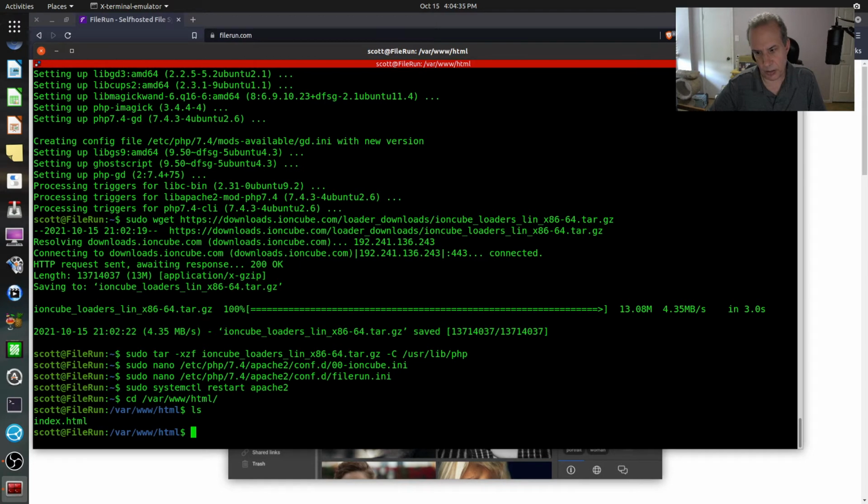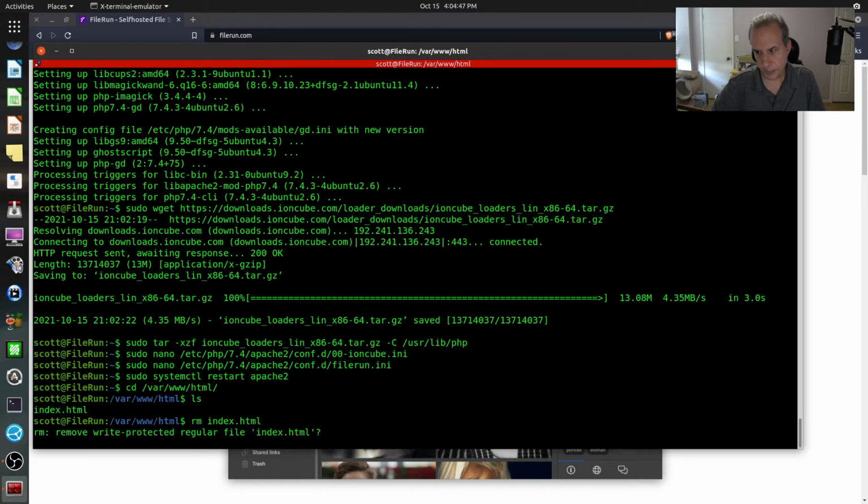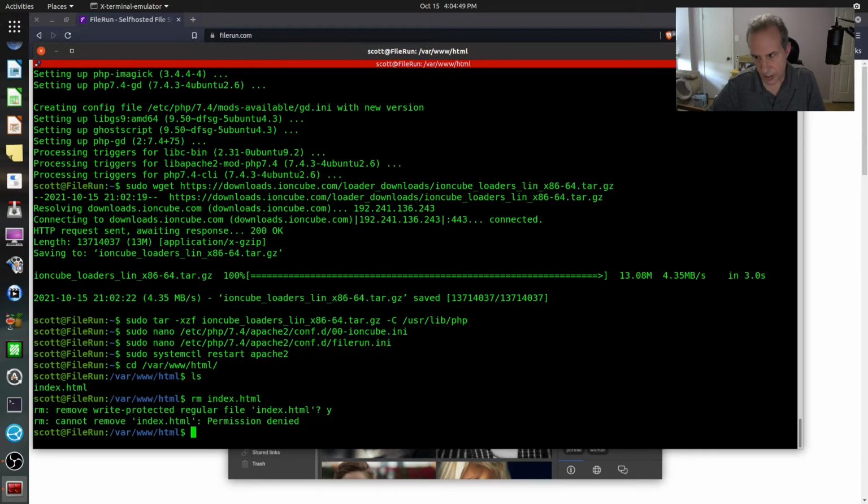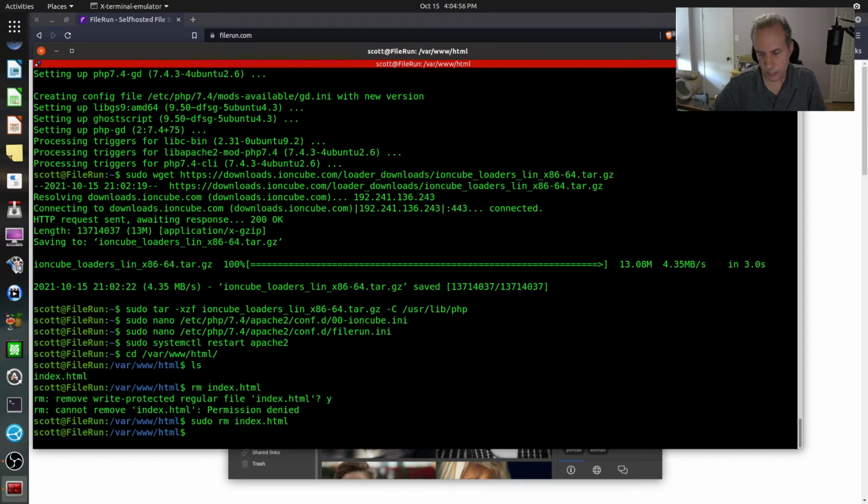And you can see there's an index.html. Well, I'm going to go ahead and do a remove on this index.html because it's no longer needed. Okay, permission denied. Let's try to do a sudo on that. Okay, so now the next thing I want to do is I want to